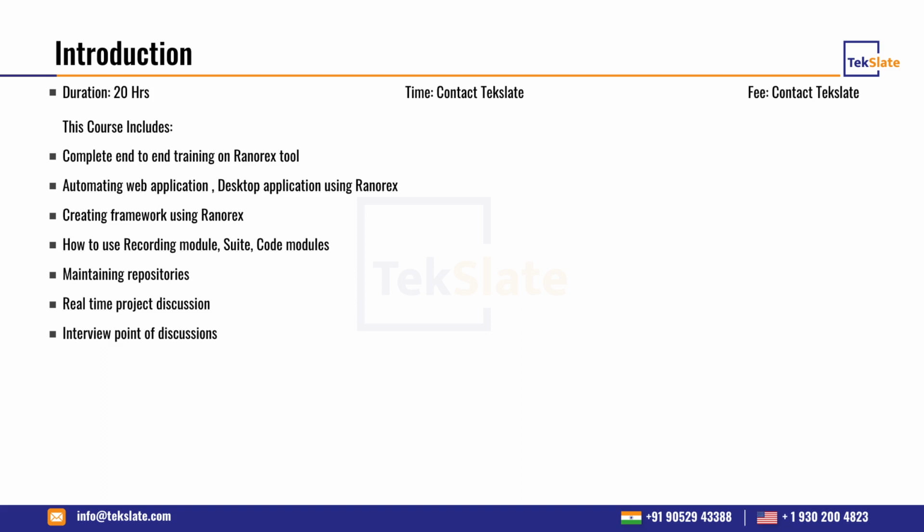For example, if I take any web application, we have to do R&D. We have to check with the Ranorex tool and how it will go. Generally, what R&D components do we look into when we start automating any web or desktop application from scratch? Once the stakeholder approves this tool, how do we start automating a web or desktop application with Ranorex? What steps do we follow, and what do we do in each step?